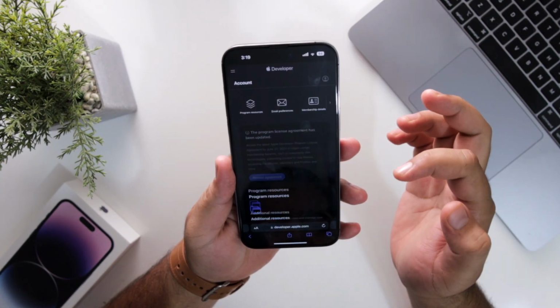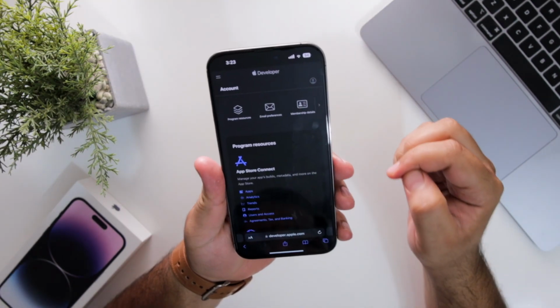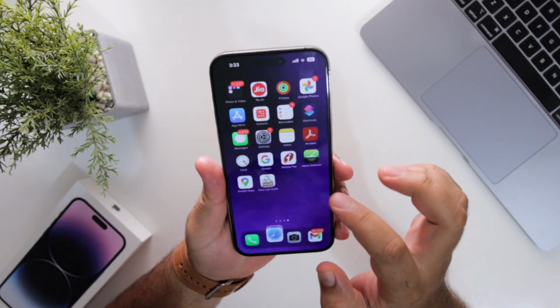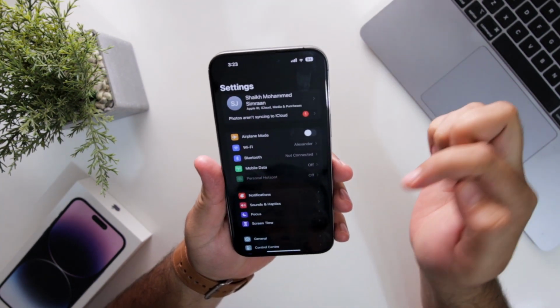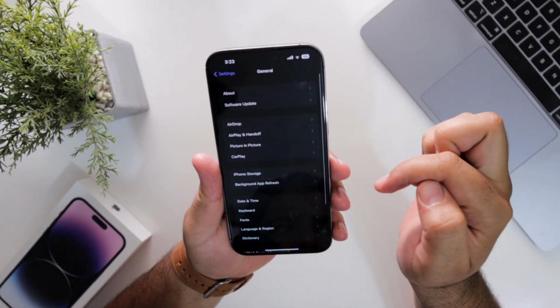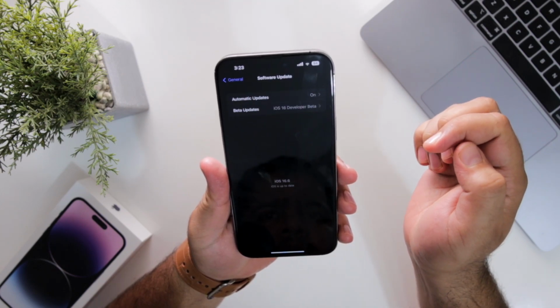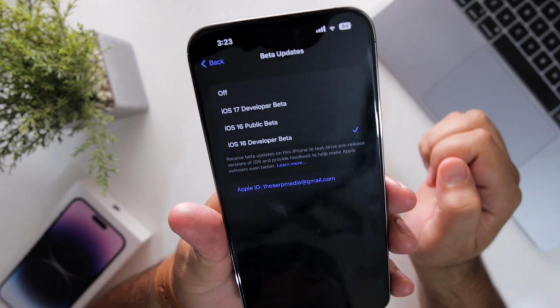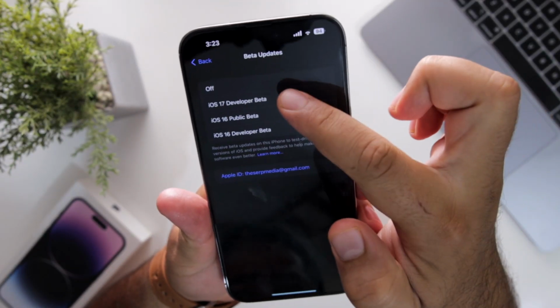Agree to the agreement. And now once you have logged in to your developer account and accept the terms and condition, go to settings on your iPhone. Go to general. Go to software update, tap on beta updates. Here you can see a new option of iOS 17 developer beta. Just tap on this